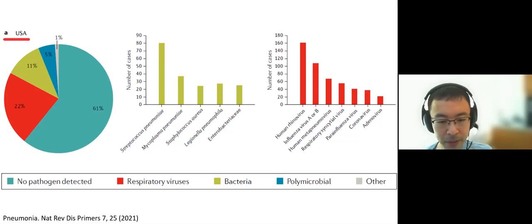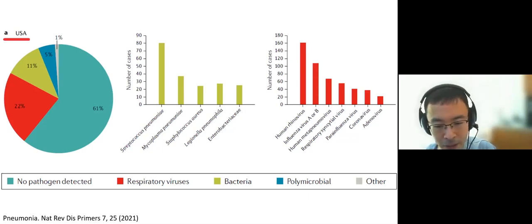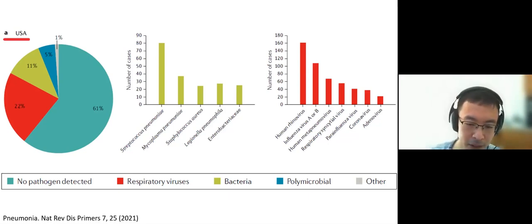It's important to remember, though, that when viruses are picked up from an NP swab, and if that result is positive, it only means that viral DNA is present. And so it does not prove that the lower respiratory tract infection is actually caused by that virus. And you don't know if this virus had actually predisposed the patient to a secondary bacterial infection. So therefore, the positive viral PCR does not prove causation and does not exclude a bacterial pneumonia, right? So this is the limitation of the NP swab. And almost 20% of patients who have a proven bacterial pneumonia are actually co-infected with a virus.